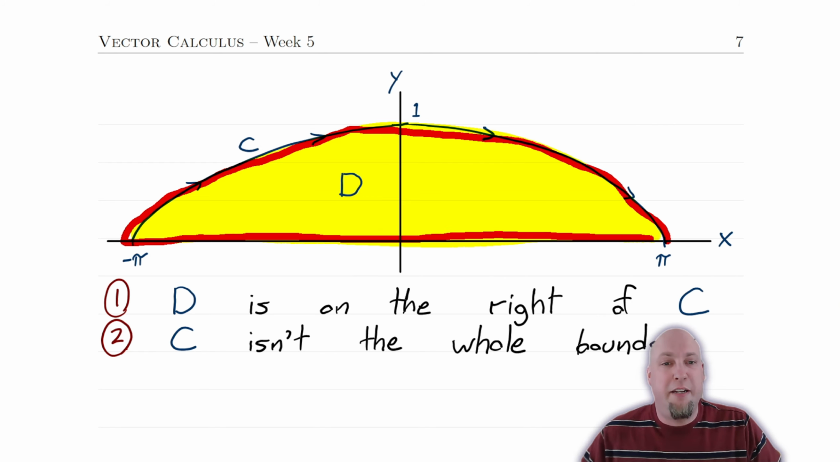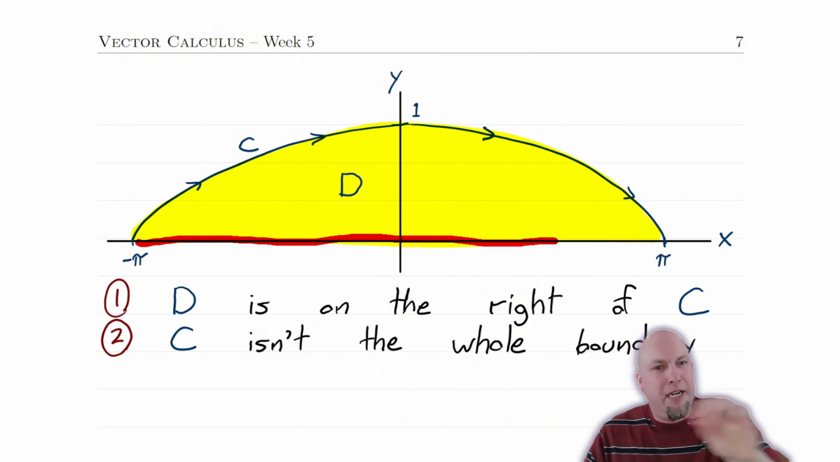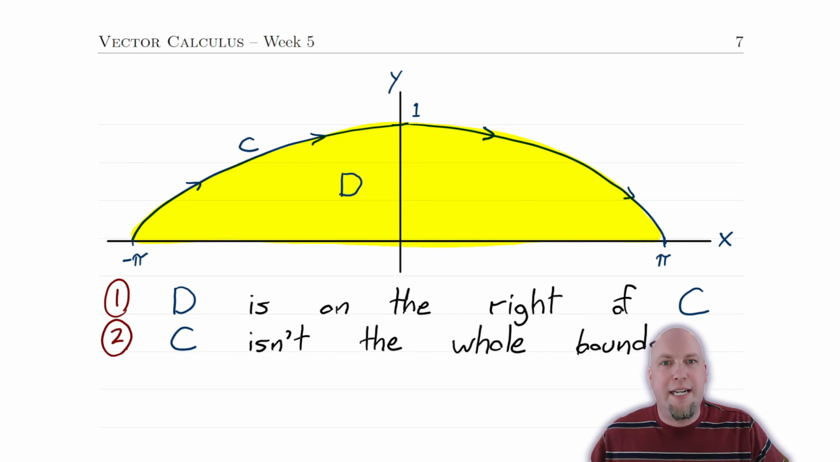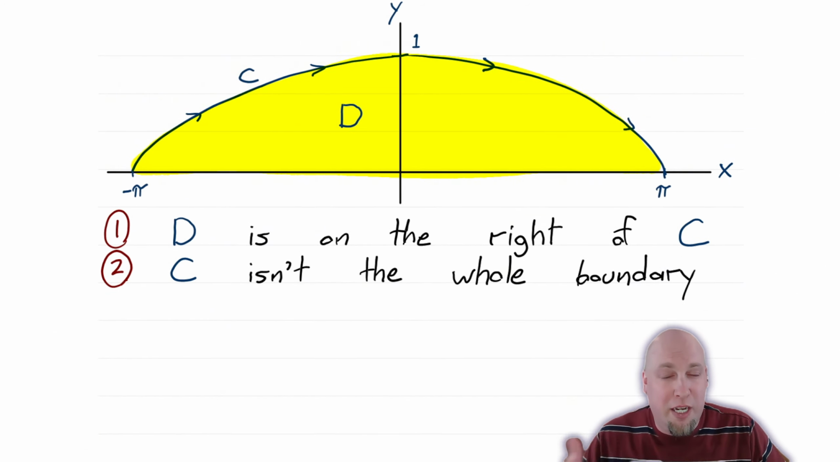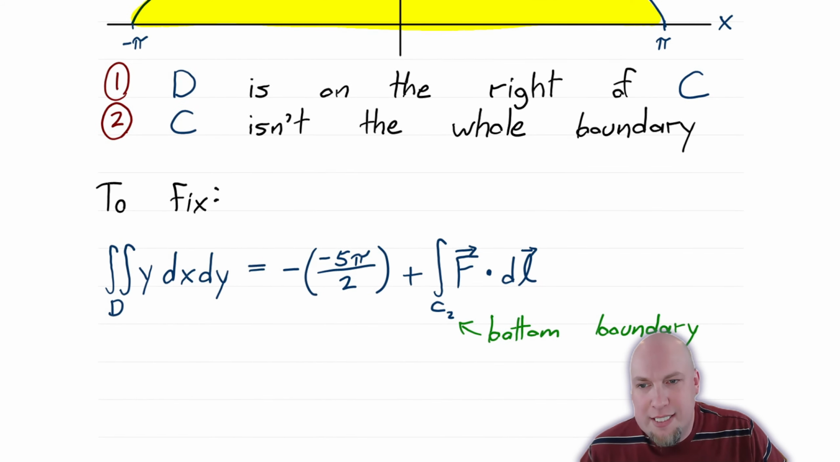Okay, you can't just say, oh, it's a straight line, it doesn't matter. No, you've got to go around the entire boundary of the region for Green's theorem to actually apply. So that's the second and maybe more important thing that we've got to fix here. Okay, so what we're going to do to fix it is we're just going to say, no, this double integral,